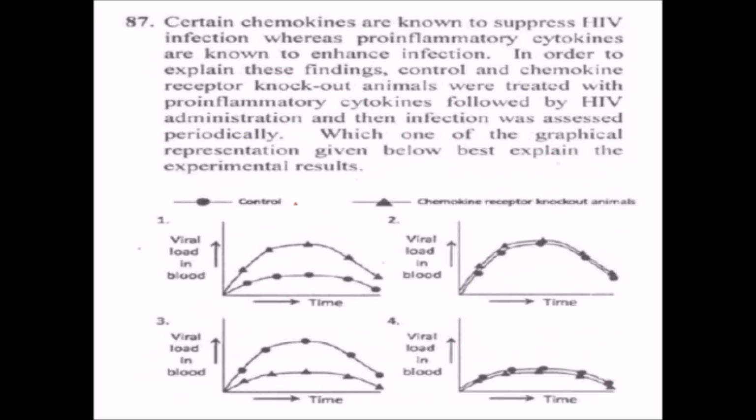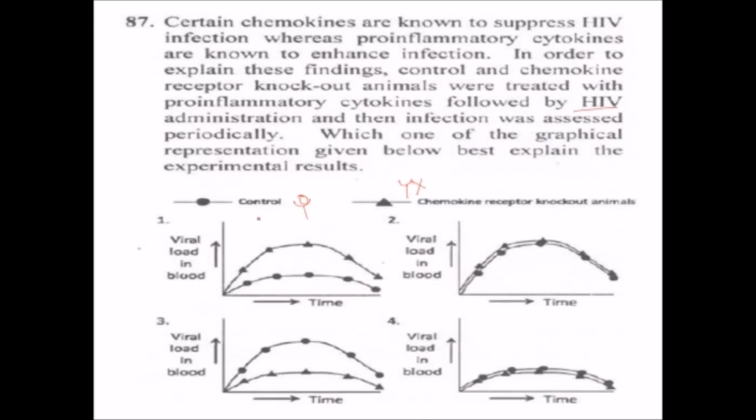Here, in control, there is a receptor, and in the knockout animals, the receptor is removed. So, when we treat with HIV virus, what will happen? The one which doesn't have the receptor will not be able to infect the cell. Rather, it will remain in the blood. So the one which has the knockout receptor, the level of virus in the blood will remain